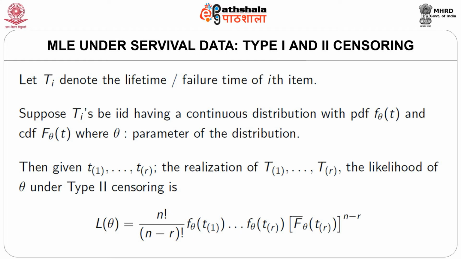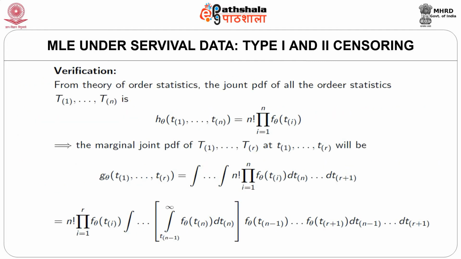up to f theta t order r into capital F bar theta t order r whole to the power n minus r, where capital F bar is the complement of capital F, that is 1 minus capital F. Verification of this likelihood. We know from the theory of order statistics that the joint PDF of all the order statistics